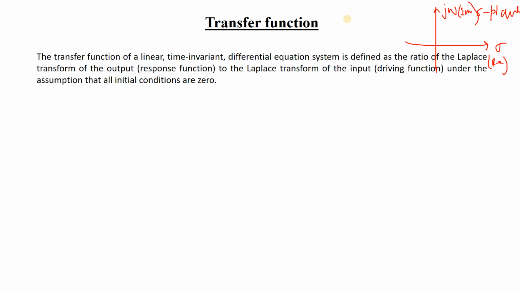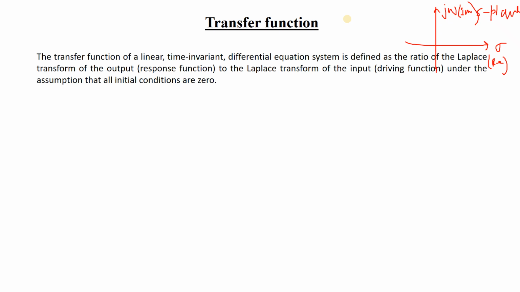Now basically what we are doing is transferring the system from a time domain to an S domain, where we have an S plane, with the real axis horizontal, which is sigma, and on the imaginary axis we have j omega, where omega is the imaginary part. So this is called a complex plane or S plane. Here the transfer function helps us to transform any physical system which is in time domain to a complex domain or S plane.